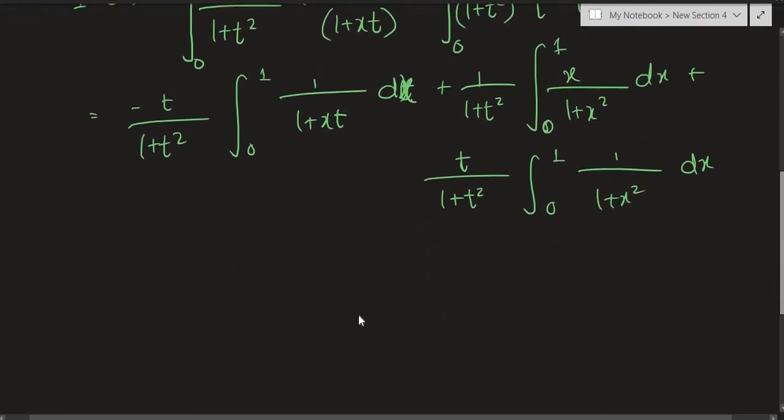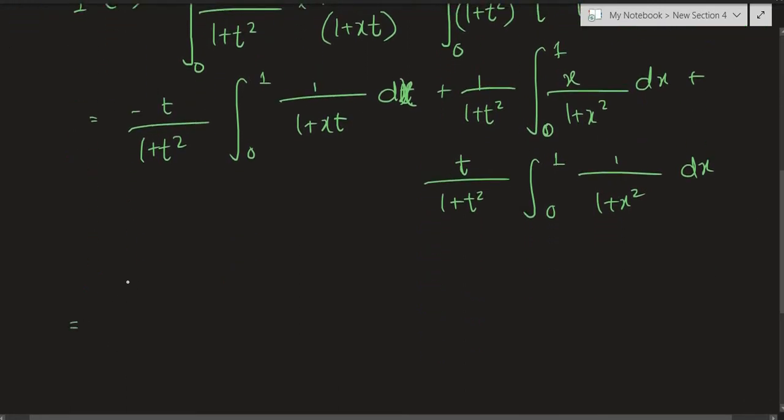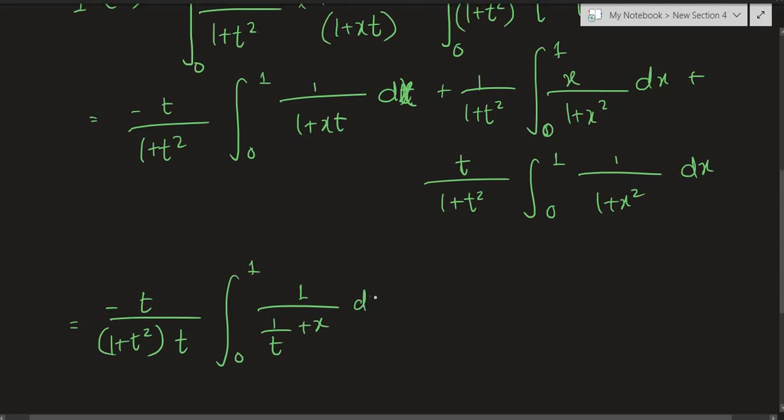So now let's go ahead and simplify them, or basically integrate them one by one. So here we have negative t divided by 1 plus t squared. Why don't I factorize out a t from everything? So I have t factorized out, integral from 0 to 1 of 1 over t plus x dx,